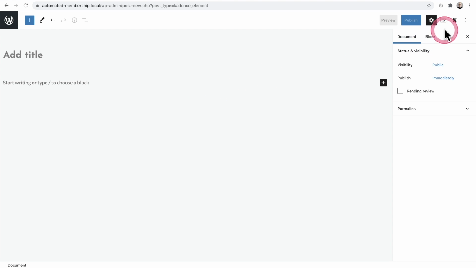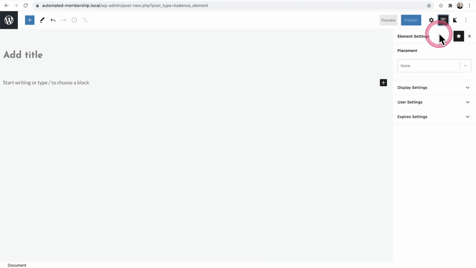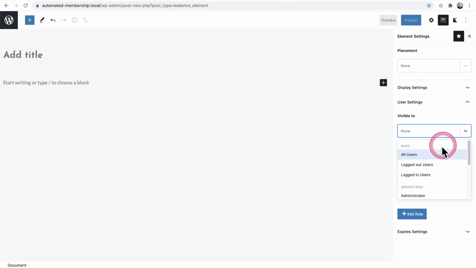This is just optional. So I would build out the content here that I just want for a particular membership level. I'll go over here and click on this icon right here, and then I can choose where I want this content to show. And then I can click right here where it says user settings, and it says visibility to. And in this drop down, it shows right here, all users, logged in, logged out, and then right here, specific role. And you can see there's my Gold, Platinum, and VIP members,